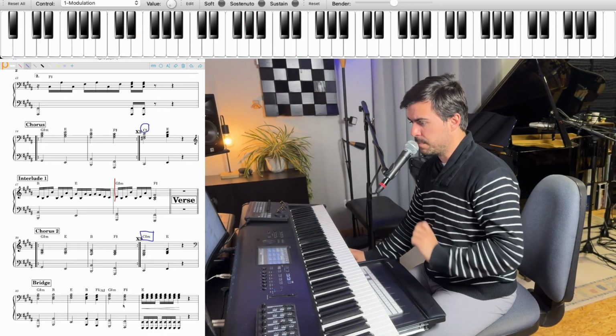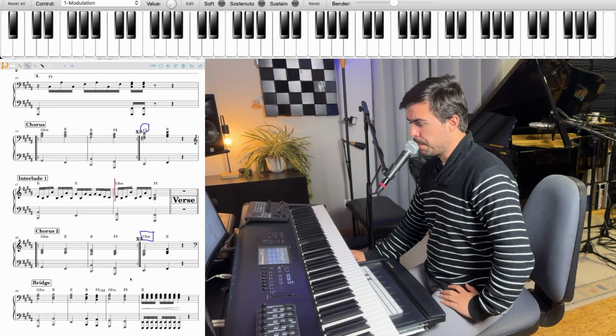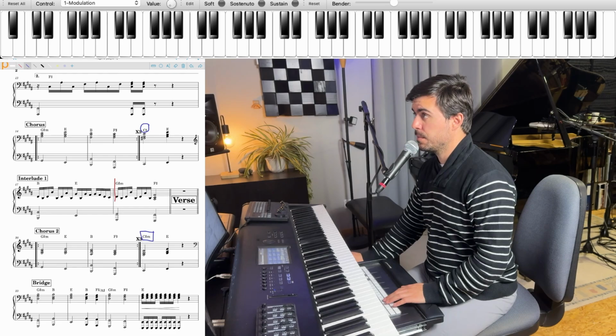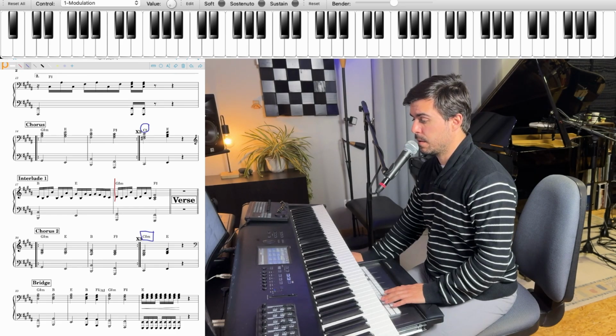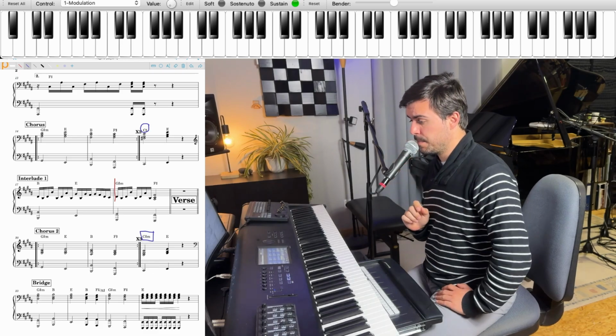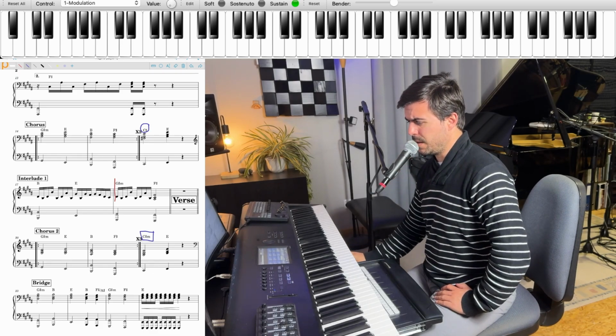And then C sharp minor and E. And that's it. It's everything the same. Okay. And then we have a different part. This is the bridge. So let's start with... And the bridge has a different approach. Well, it's really similar, but